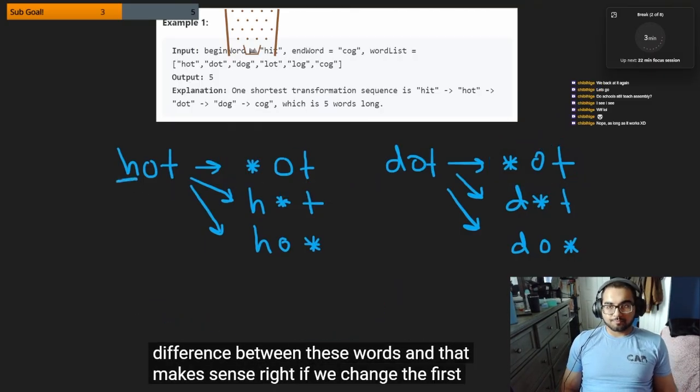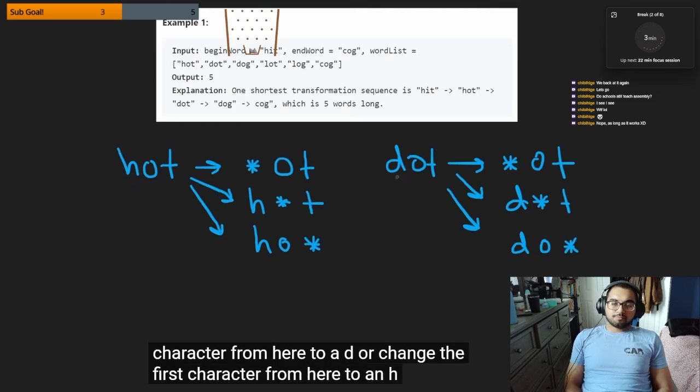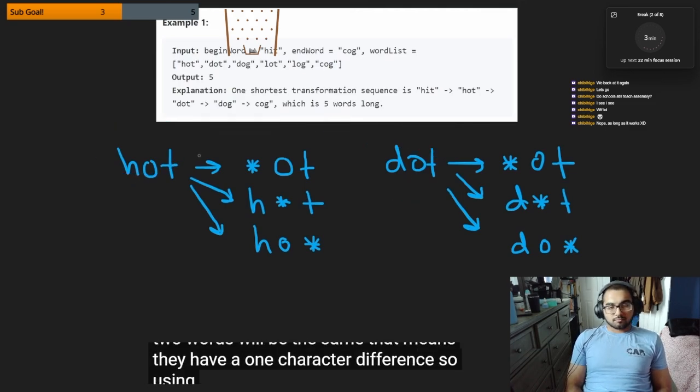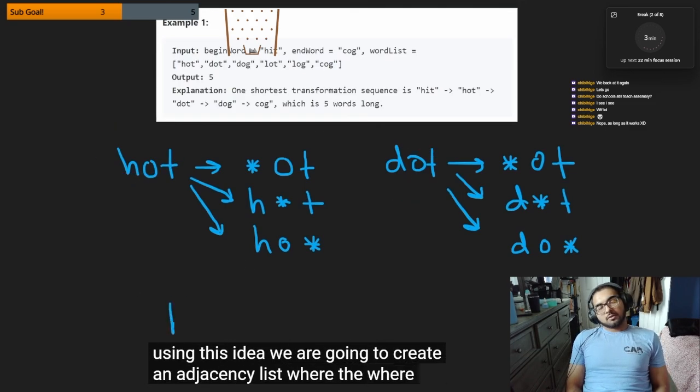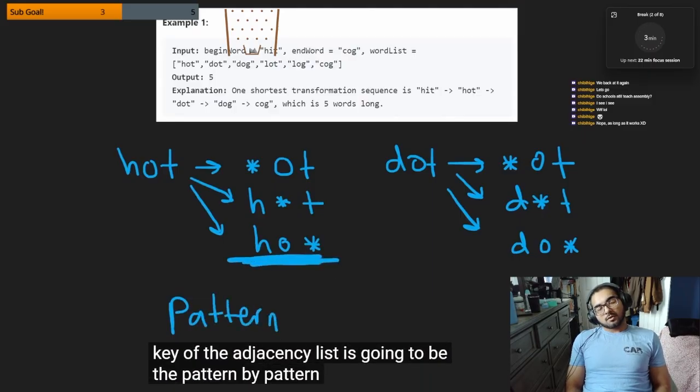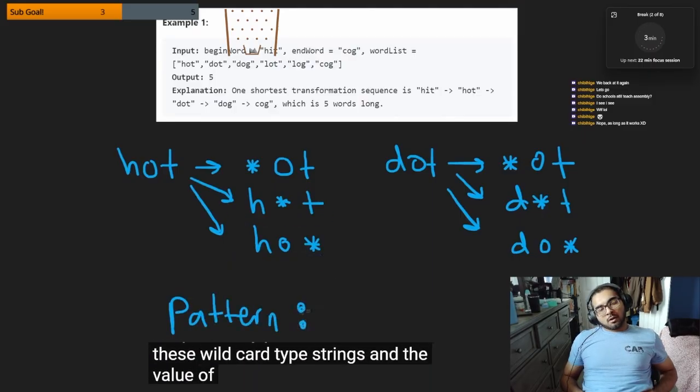And that makes sense, right? If we change the first character from here to a D, or change the first character from here to an H, these two words will be the same. That means they have a one character difference. So using this idea, we are going to create an adjacency list where the key of the adjacency list is going to be the pattern. By pattern, I mean one of these wildcard type strings,